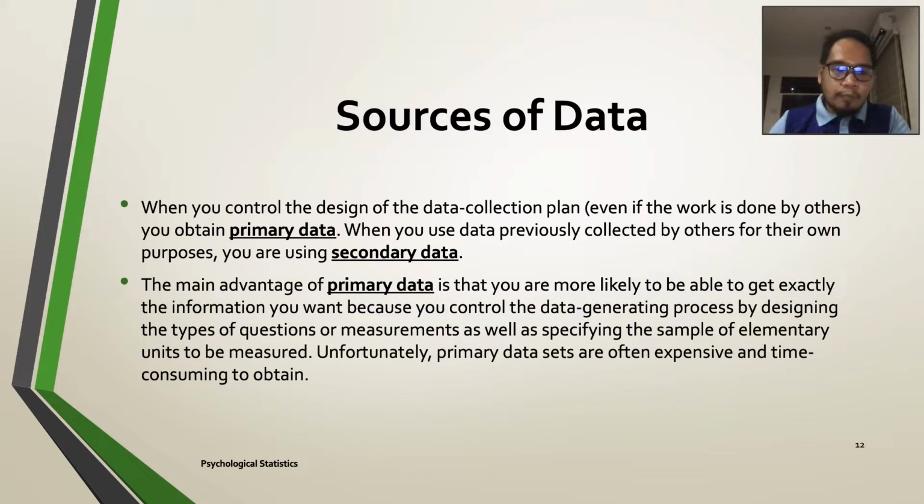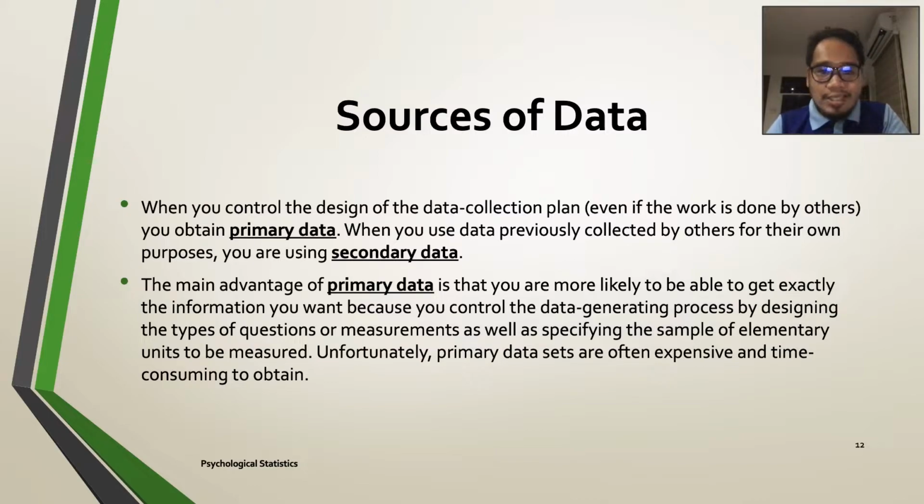So the main advantage of primary data is that you are more likely to be able to get exactly the information you want, because you are the ones that control the data gathering procedure. You are the ones in command, so you are sure that all the variables are put into consideration